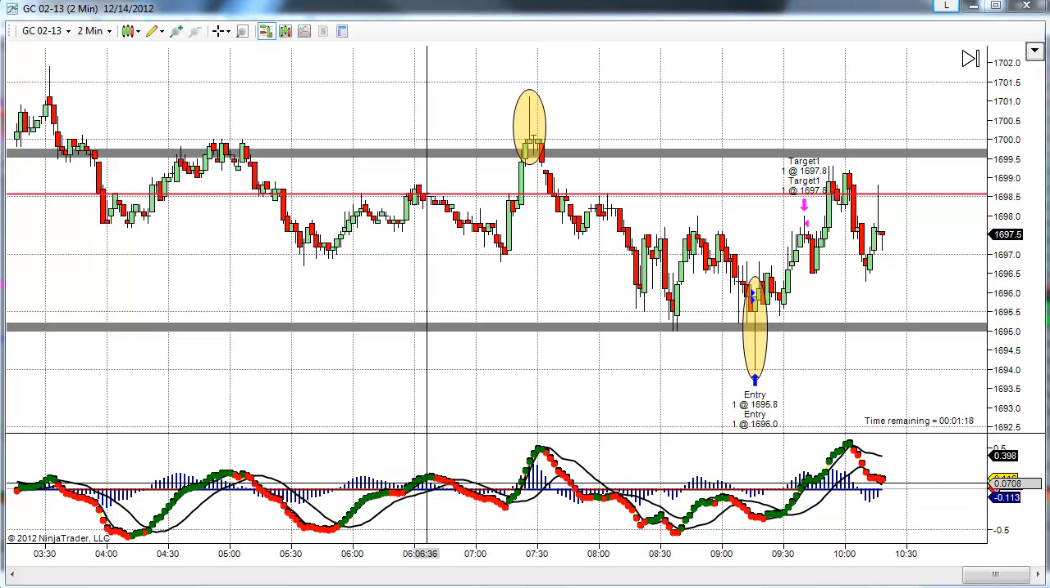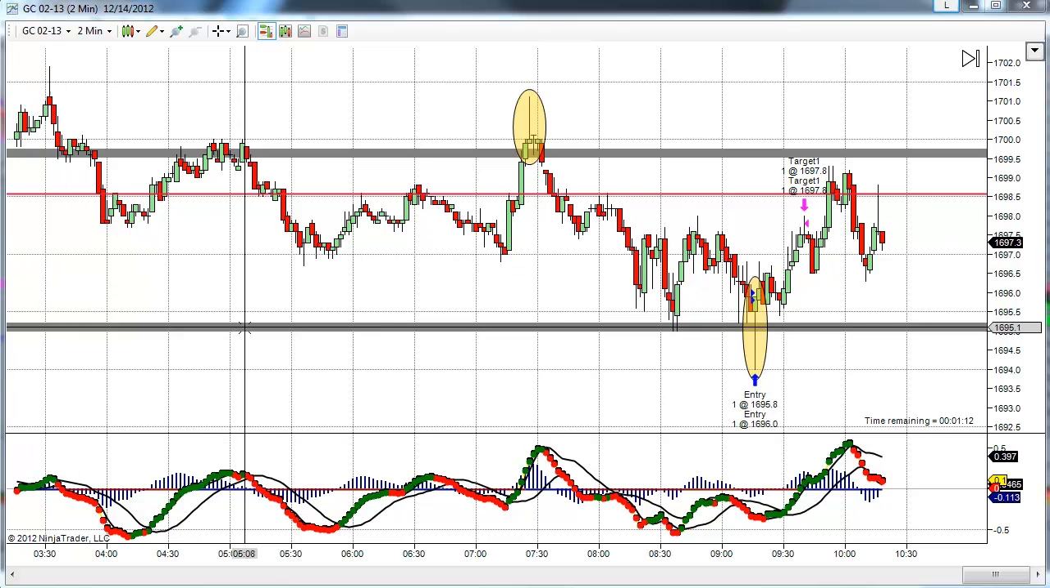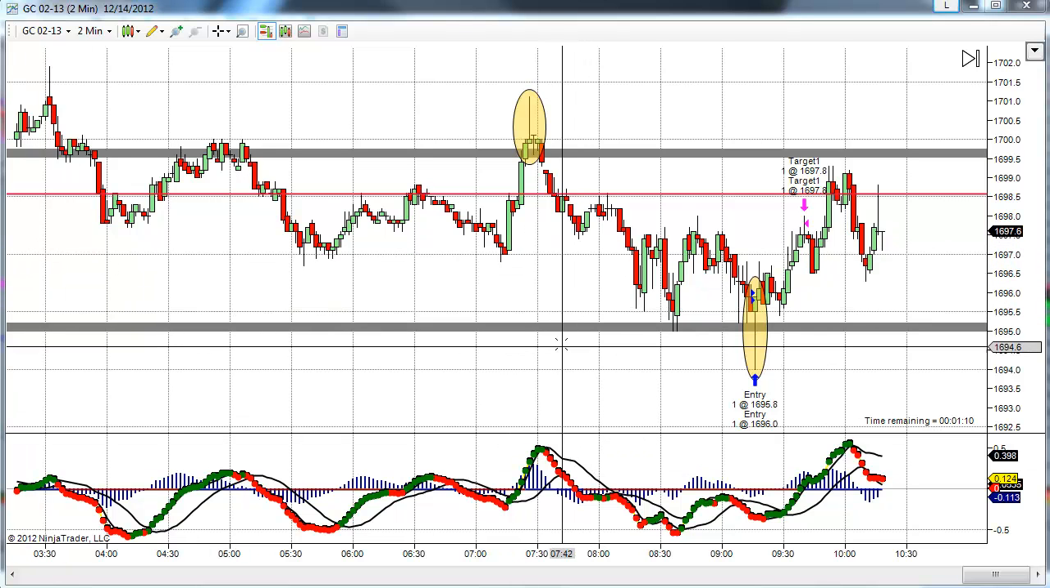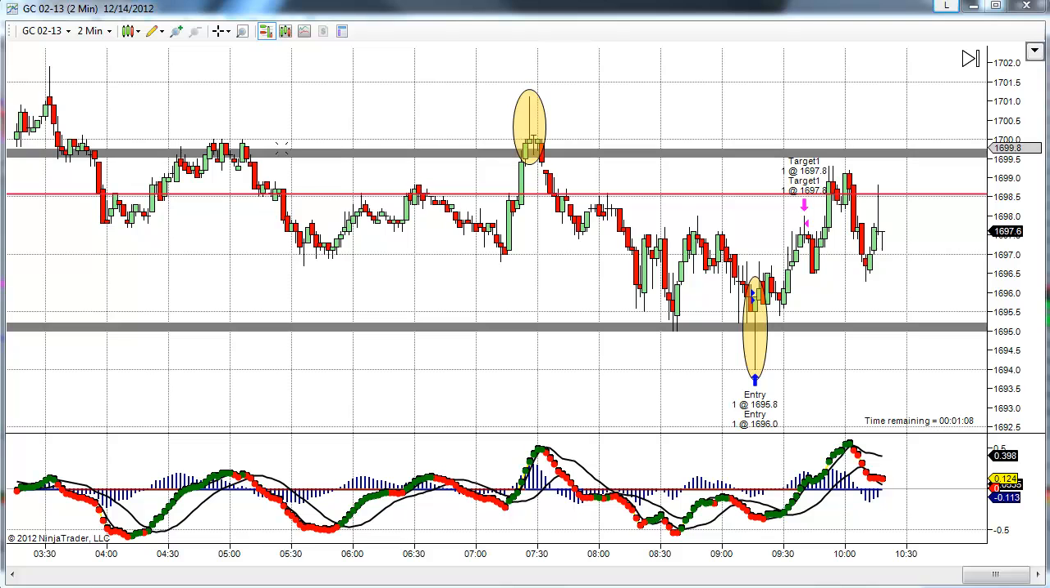Okay, trading the gold futures this morning. It is December the 14th, and we're trading the February futures contract. We have resistance, as always, in the trading room. I plot resistance based upon analysis of multiple time frames, and we had resistance working at 1700, basically, in and